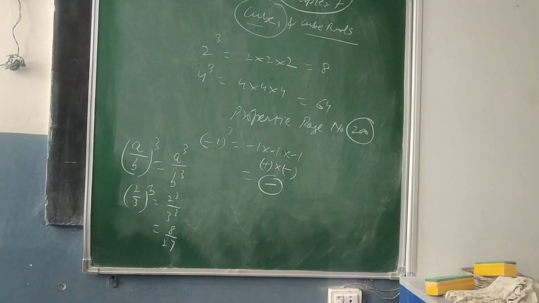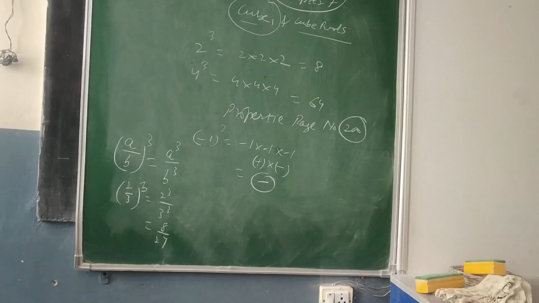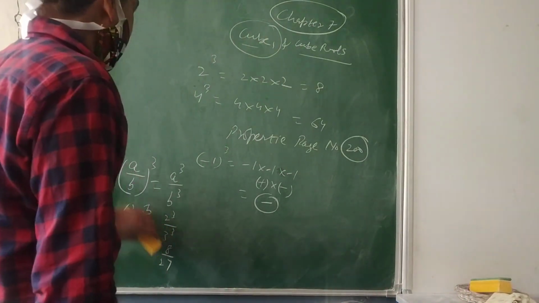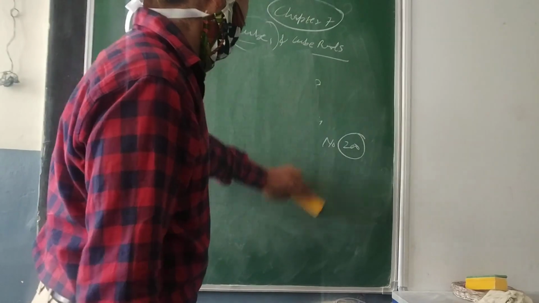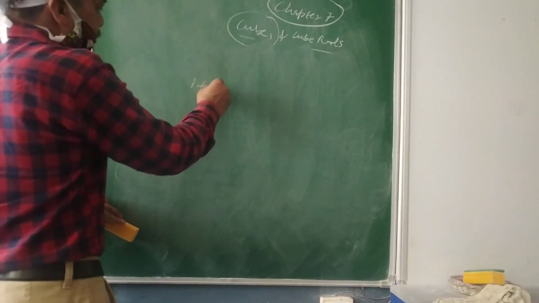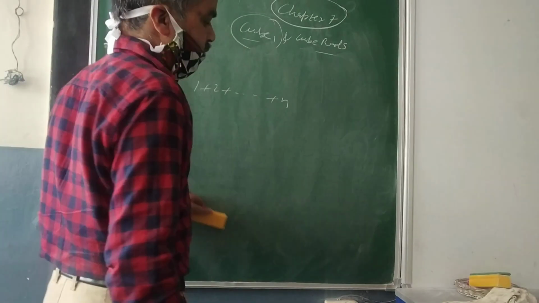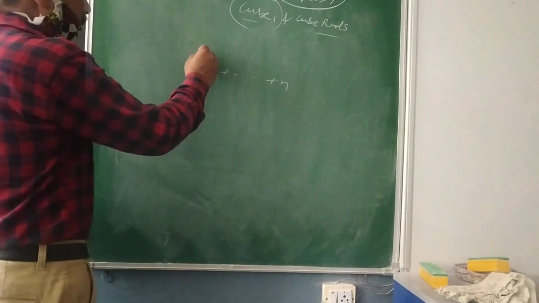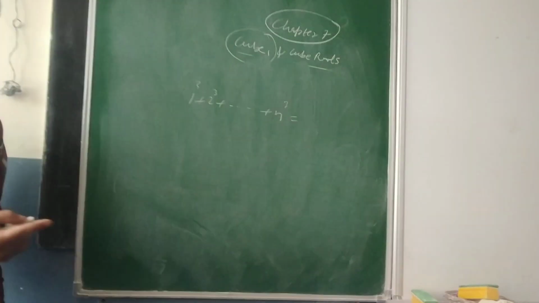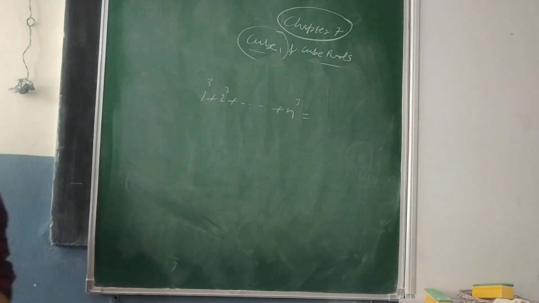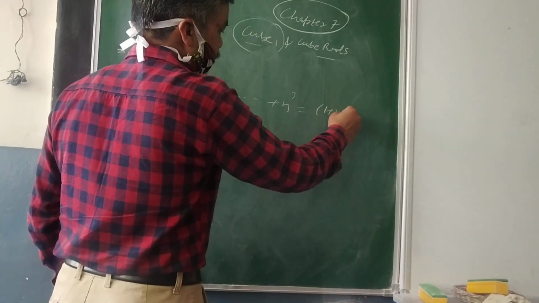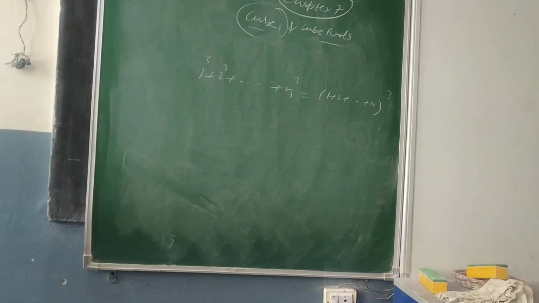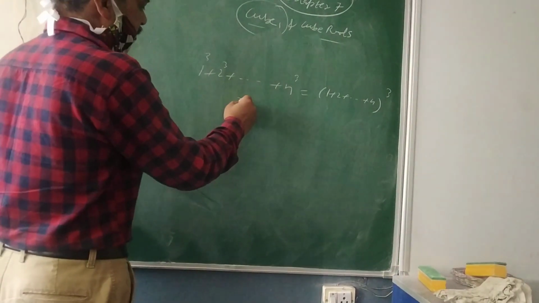Then fifth property, the sum of the cubes of first n natural numbers is equal to the square of their sum. Very interesting. So if you find the cube of first n natural numbers, property number 5 I am sharing with you, that is 1 plus 2 plus so on n natural numbers, that is 3, 4, 5 and so on, and the cube of all these numbers is always equal to the square of the sum of those numbers. Now for example, in your book also, that is 1 cube plus 2 cube.